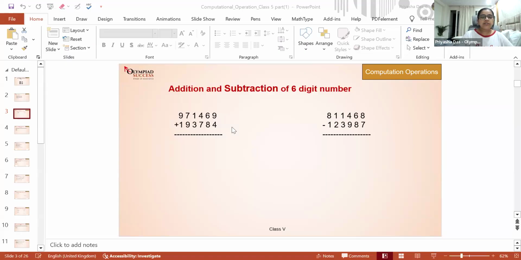Tanisha, Shrihan. Thank you, Shrihan. Thank you, Naman. Received your answer. Anirudh, thank you. Shivani, thank you. People who are joining in right now, please do the questions on the screen. We are doing computation operation and I will not explain anything because there is nothing to explain. It's simple addition and subtraction. Yeah, but I'll check the answers though.